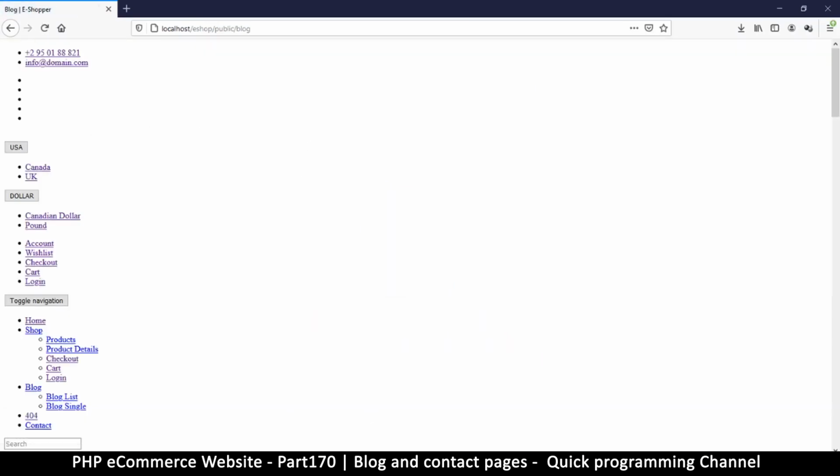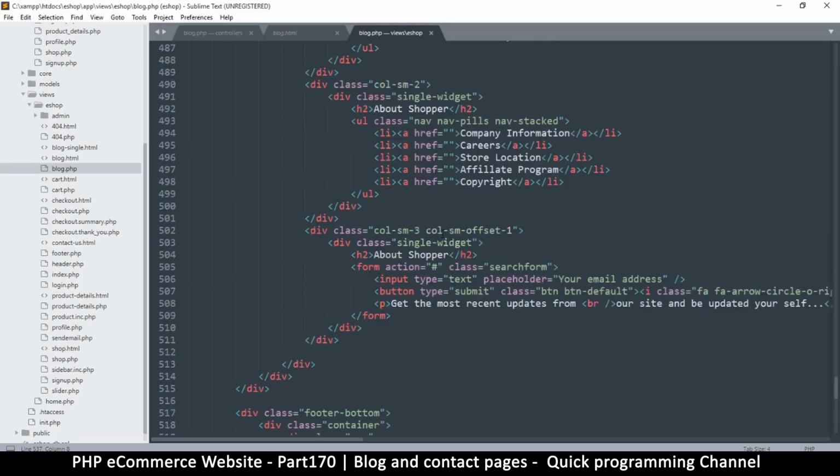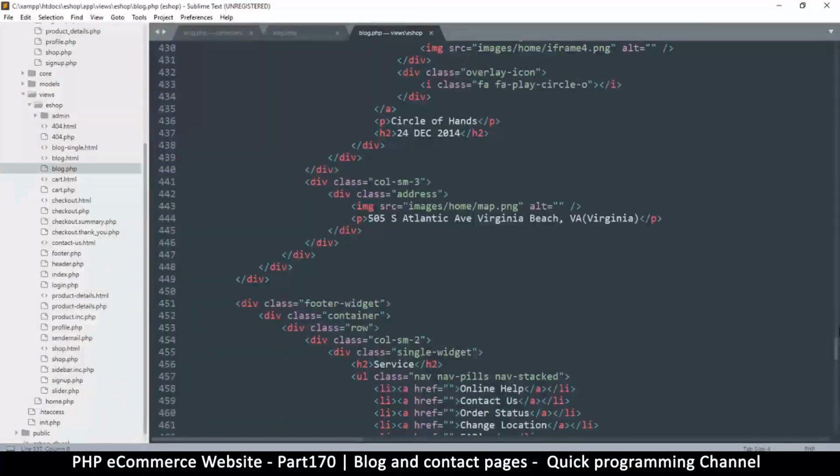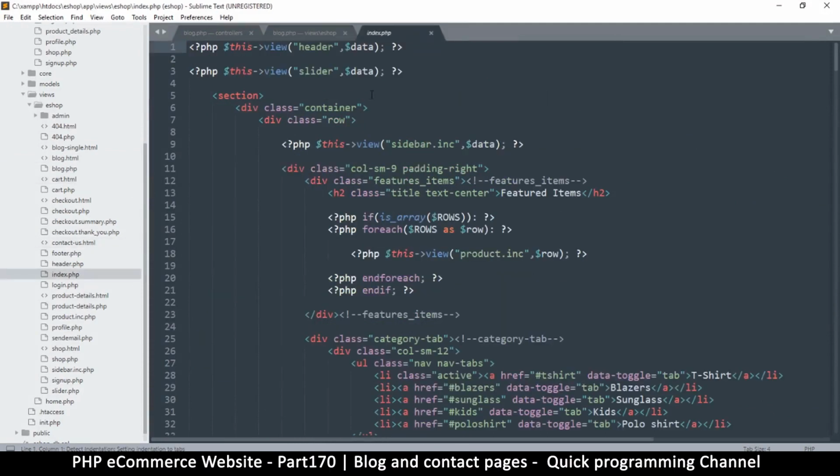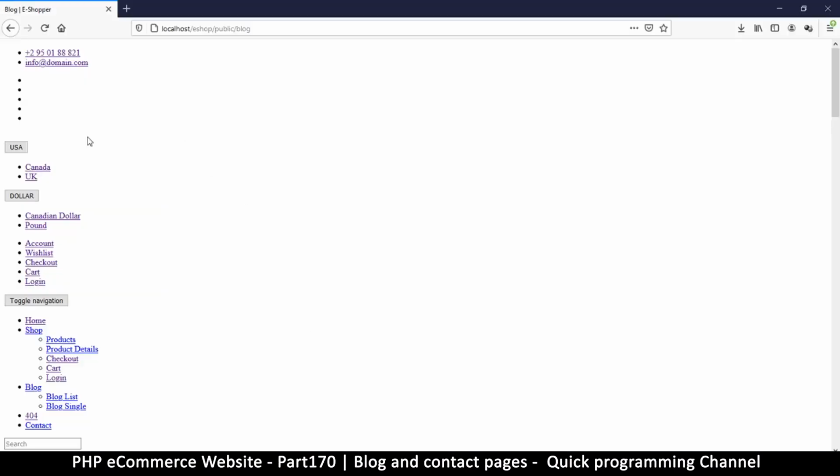Okay, so we get the usual nonsense because we don't have the correct stuff. So let me remove the obvious header and footer. I'll remove the HTML version, and also I want to get my index.php so I can copy the slider. And wait a minute, do I need the slider on this? Now the thing is,